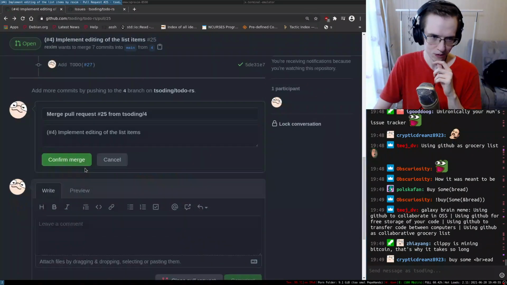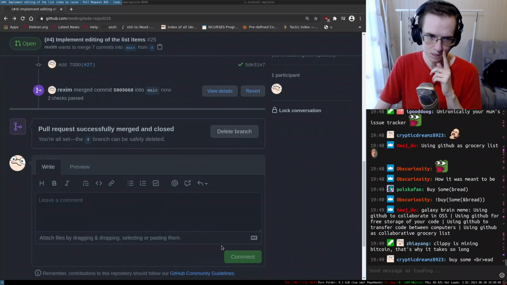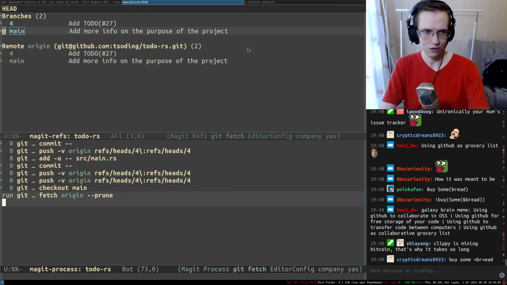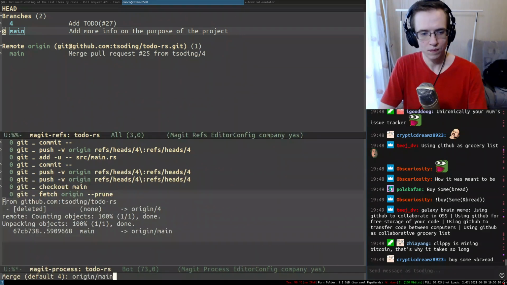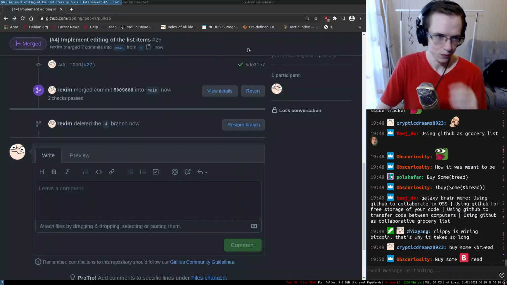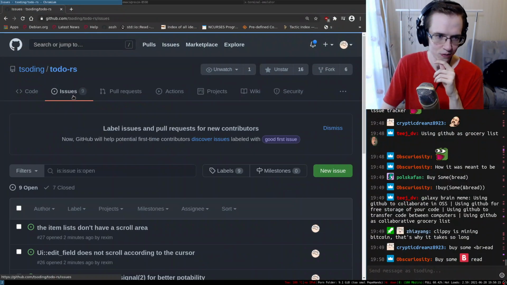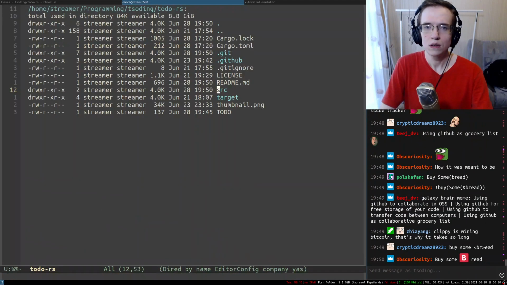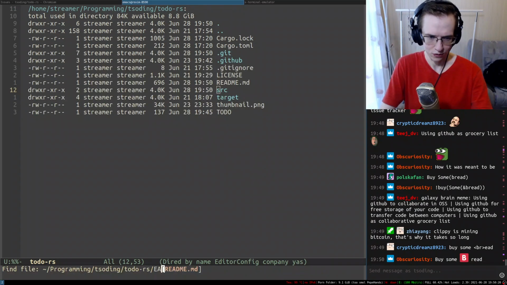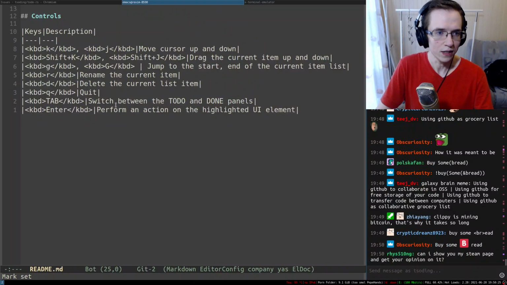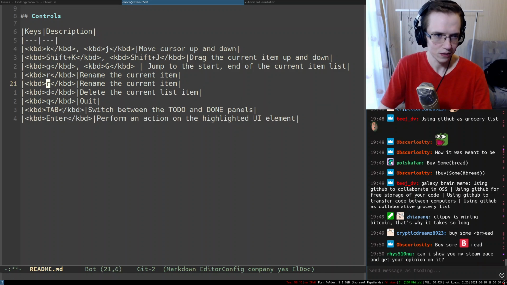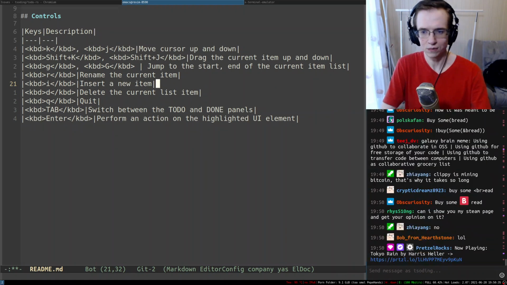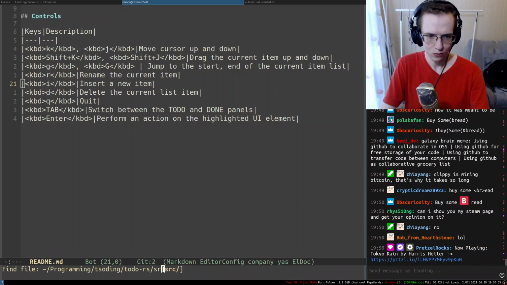Okay, so that's fine. We can finally merge this entire thing and delete the branch. Perfect. Let's fetch this thing. Right, so let's see. The issue, add new items to do. The issue number is 2. All right. So what we're gonna use for this thing? We're gonna use rename the current item, insert a new item. All right, so I'm gonna go to the src